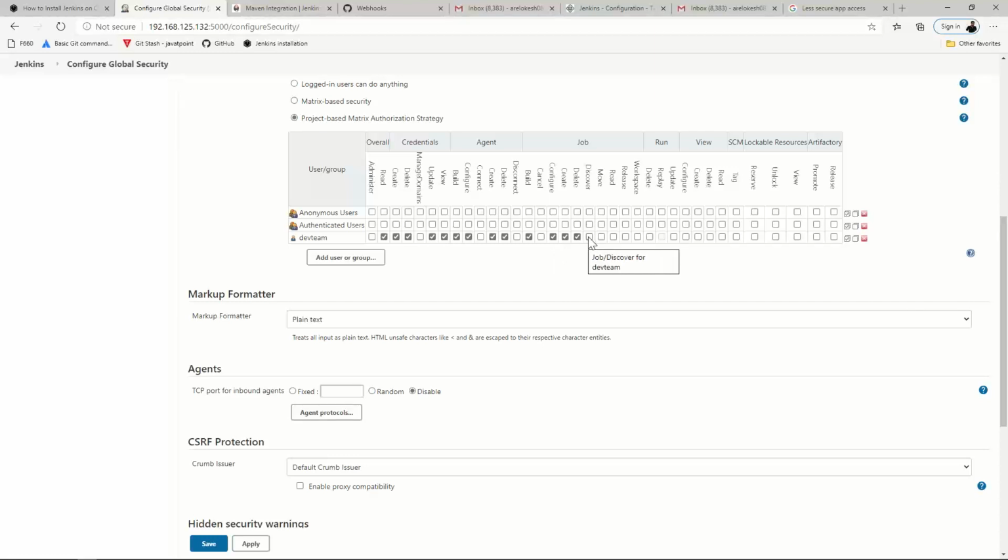Then he can move, read, release, workspace, delete.